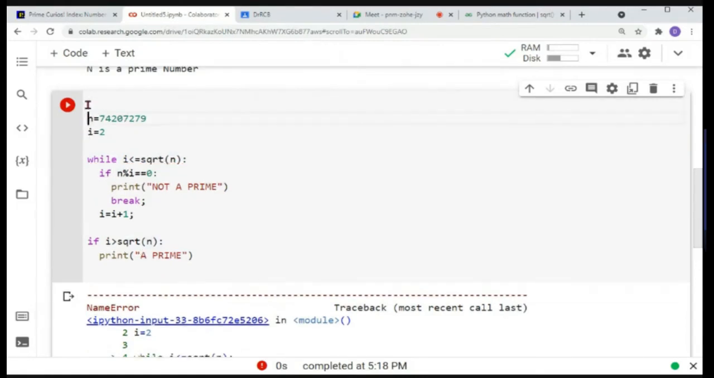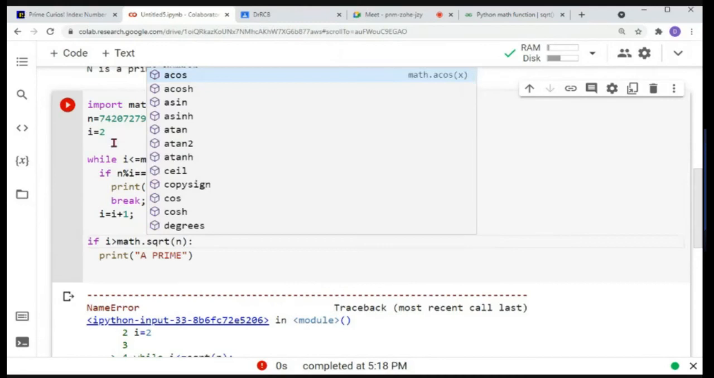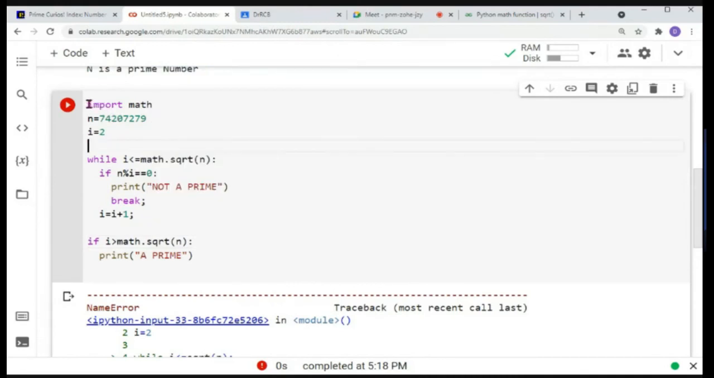You have to do something like this: import math. And then you have to write, not only square root, but math.sqrt here, and here also math.sqrt. Now, although I have not told you what this line, import math, does, it should give you an intuitive idea that whenever I write import something, you can assume that I'm bringing some